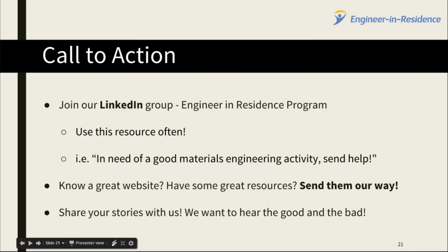So we wanted to end with a bit of a call to action. What can you do right now to take all this information and do something with it? Firstly, we have a LinkedIn group called the Engineering Residence Program. Try to use this resource often. We want this to be a community where you can post things. For example, in need of a good materials engineering activity, send help, that kind of idea, or answering those questions,